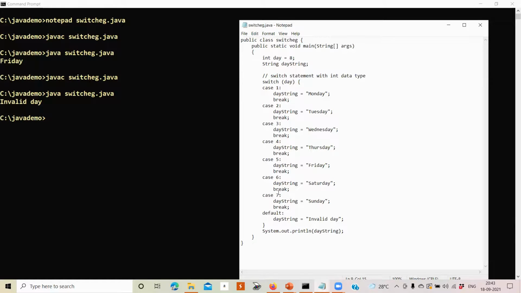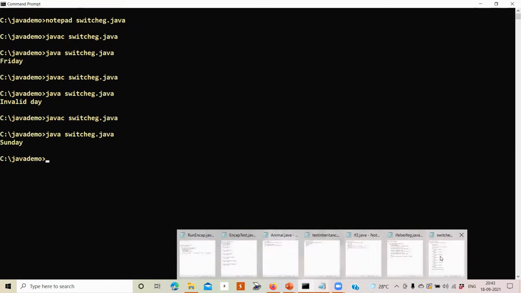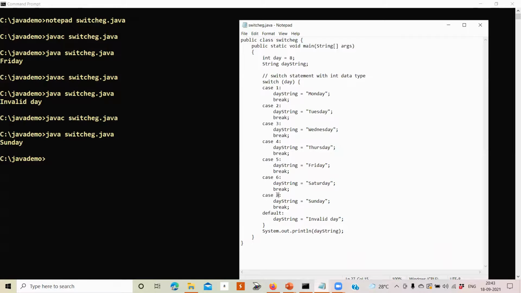Now, suppose I change the value of 7 into 8, you will see the same thing. You can see that this int day value has not changed, but here I'm just changing the value of the case, so it will give me a positive result. You see, it's giving us Sunday because I've changed the value to Sunday. So you can see whatever is written after case is actually the condition and that is run. Okay, so that is how you understand. You can give any condition that you want, and based on that, you can work on it.